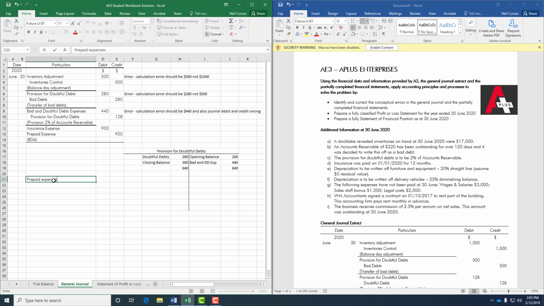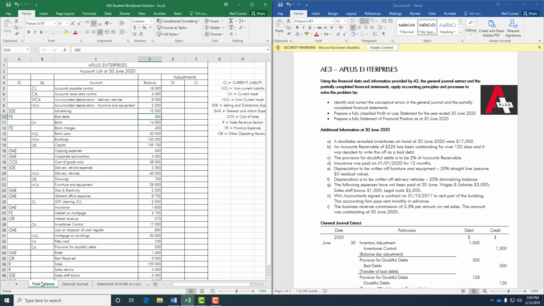have in the insurance account what is up to that financial year. So we've got to take out the next financial year's amount to the prepaid expense. If we look on our trial balance, we've got in insurance $1,800. Okay, so it's from the 1st of the 1st, and it is for 12 months. So to work out how much it is for a month,